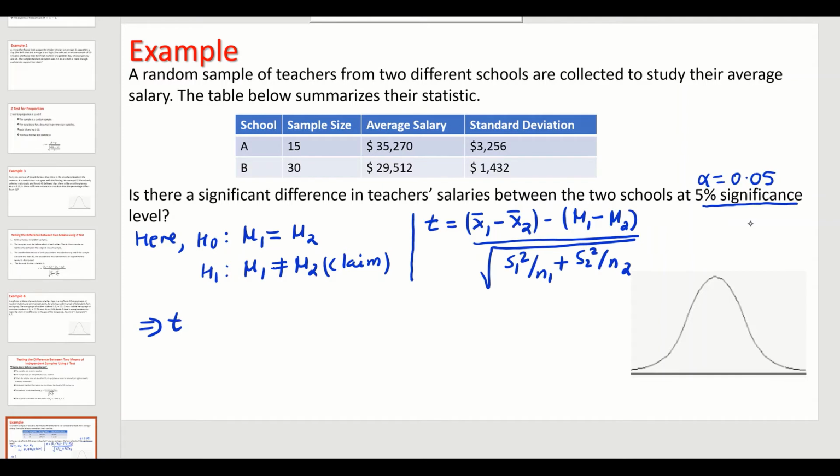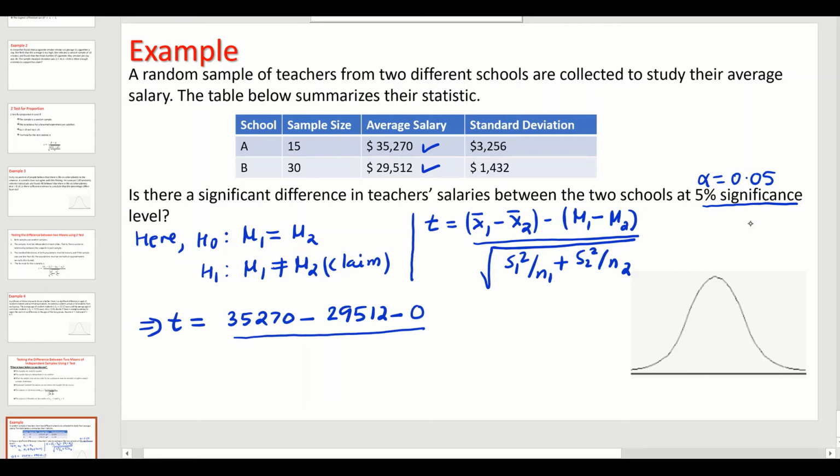So t is equal to, okay, the average for the first sample is 35,270 minus x sub 2 bar, which is 29,512, minus mu sub 1 minus mu sub 2, the difference in the means. Since these two are equal, that must be 0,